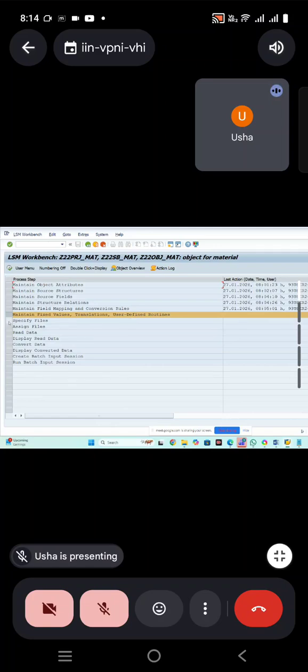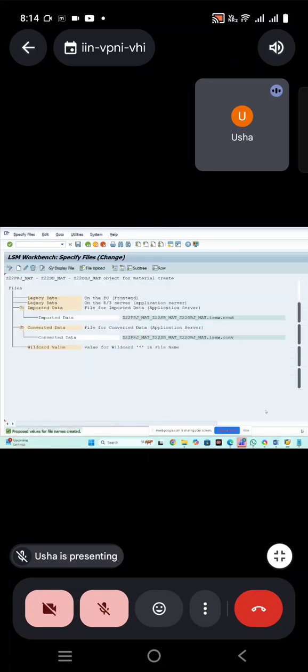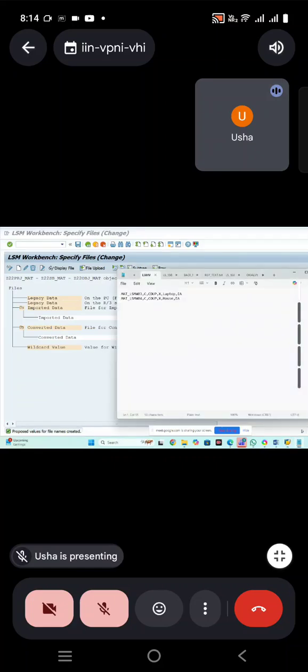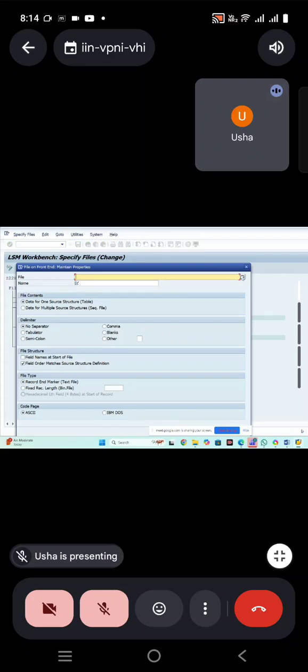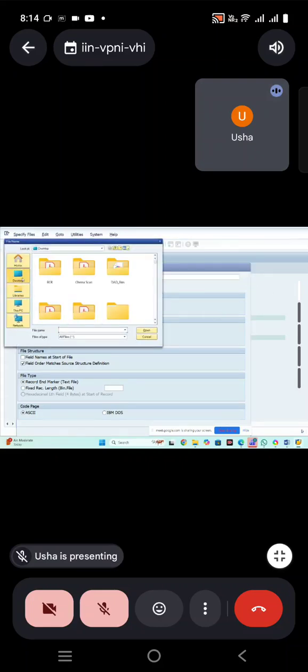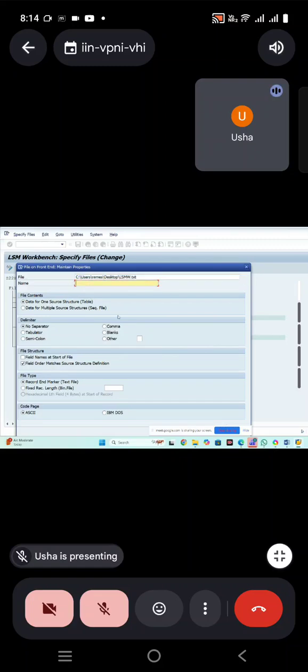I don't have any fixed values, so I'm skipping it and going for the specify file. So I'm just going to choose the file now. So I'll close this, and from where, from legacy system. So I'm just going to choose the file. So in my desktop, I have LSMW. Choose that file, okay, and give the file name